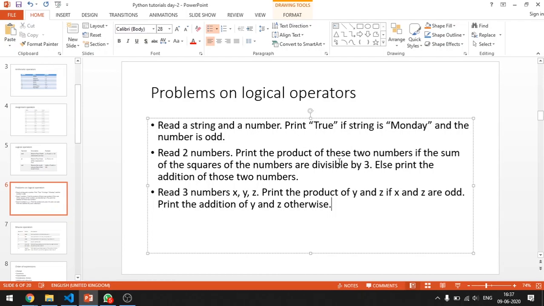Then she has found the sum of squares of those two numbers using the exponentiation operator. Then she has found the modulus of that sum by 3. If it is 0, she is printing the product of n1 and n2, else she is printing the sum of n1 and n2. Hope it is clear, Shreyas. Coming to the current problem,